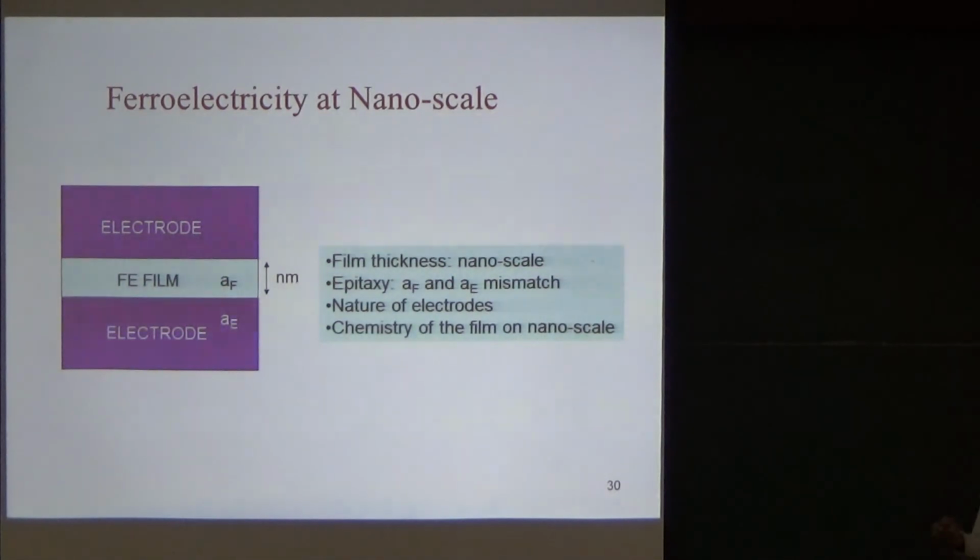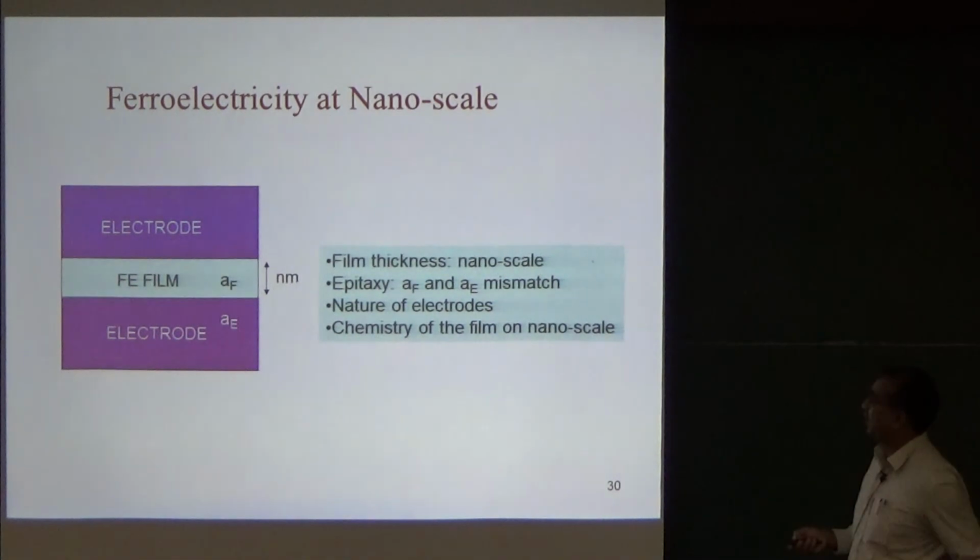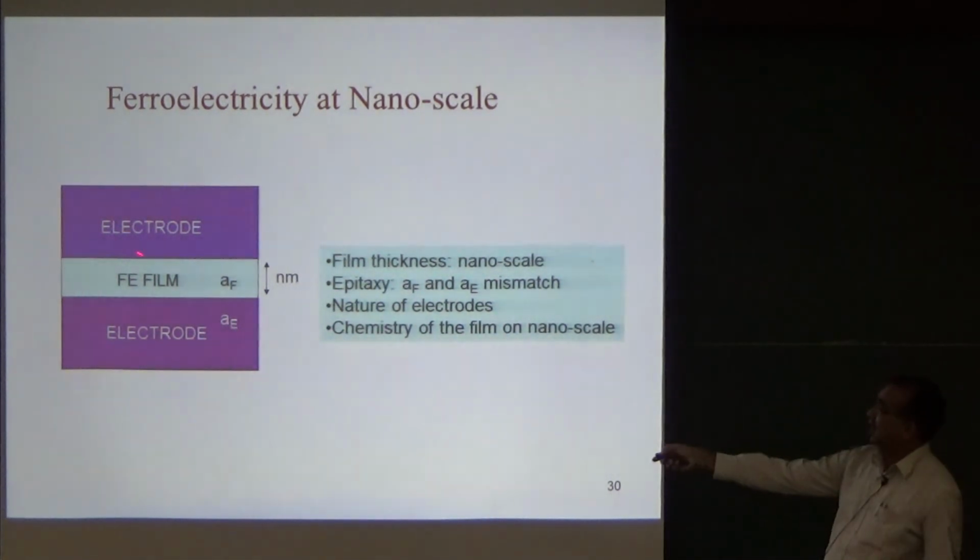But our main goal is how these phase transitions transform in nanoscale thin films of ferroelectrics. So what we want to simulate is a typical experimental